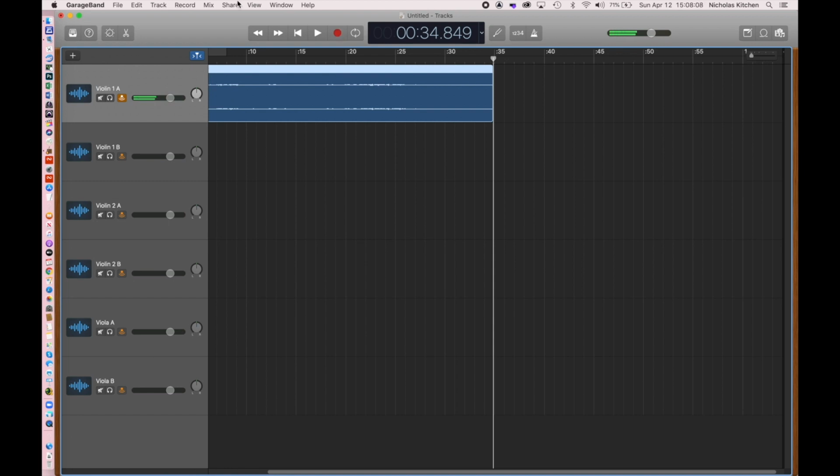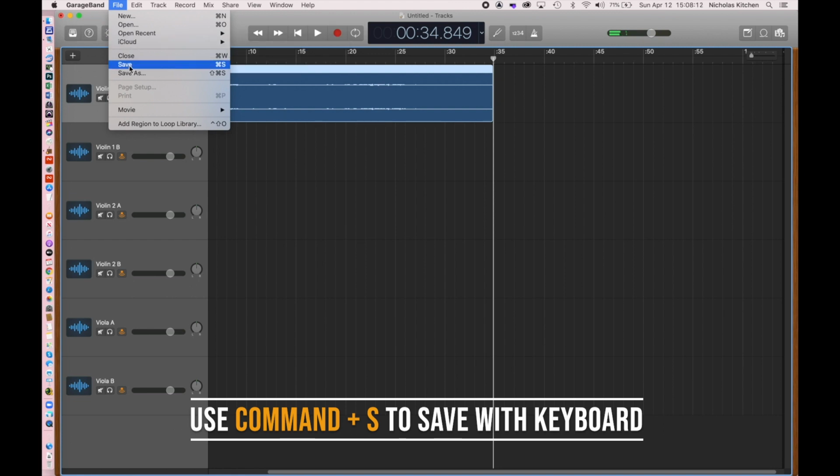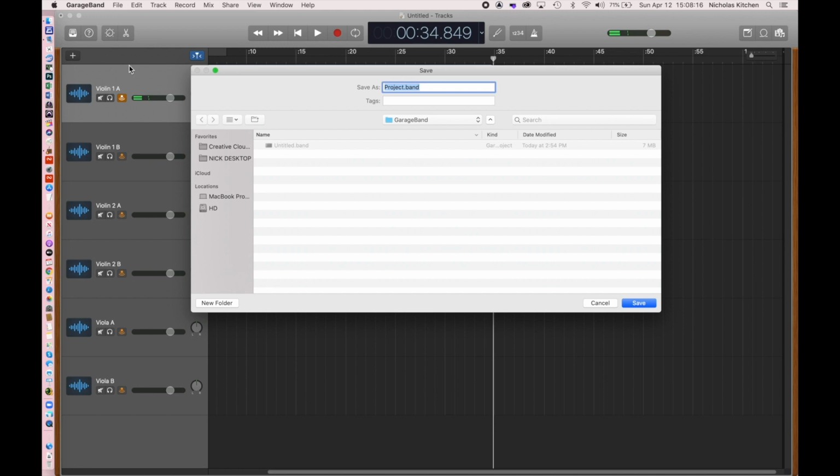Now, as always is the case, save. Save your work right away. So I'm going to save it. Now, I haven't given this a name yet. In my case, I kind of like to use names that show exactly what the date is. So I'm going to say 2020 04 12, and I'm going to do